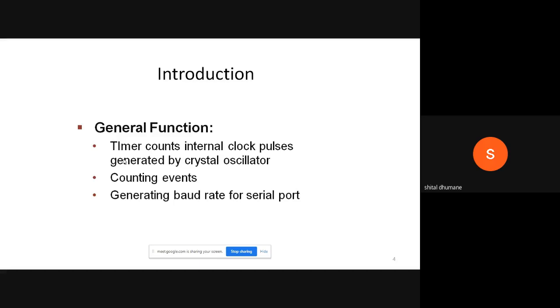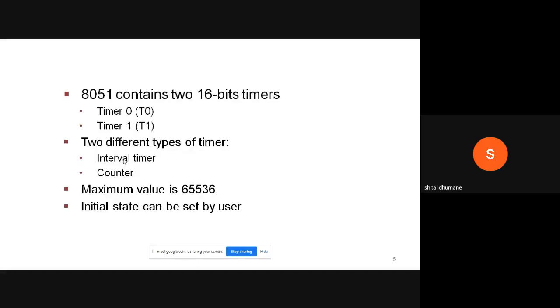Next we are discussing the features also. Your 8051 contains two 16-bit timers, timer 0 and timer 1, shown here as T0 and T1. Two different types of operation are there, interval timer and counter. The counter's maximum value can count up to 65536, and the initial value can be set by the user.